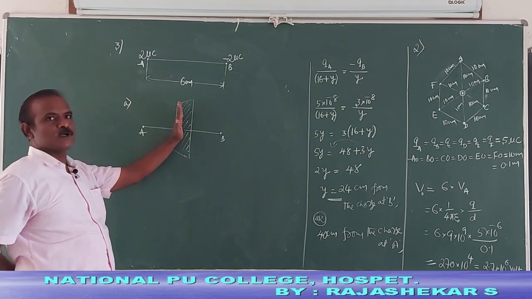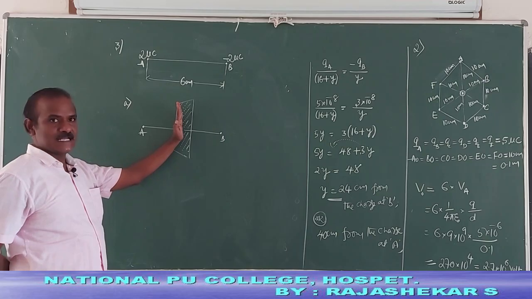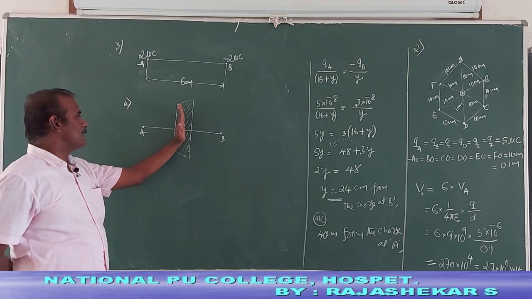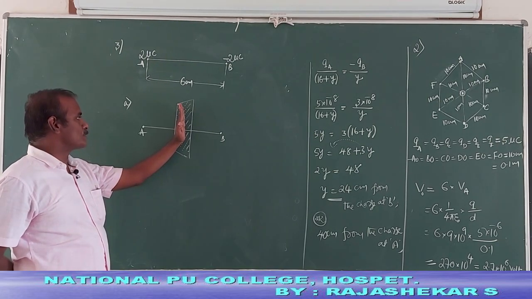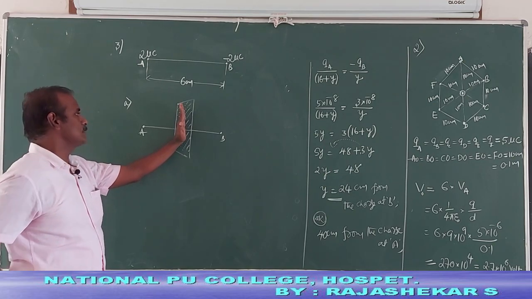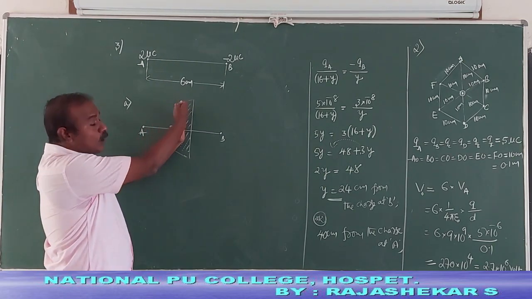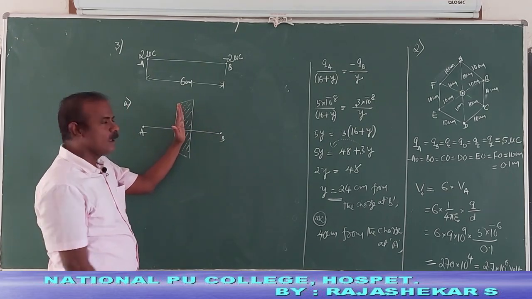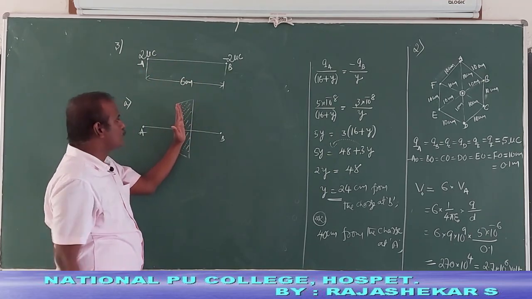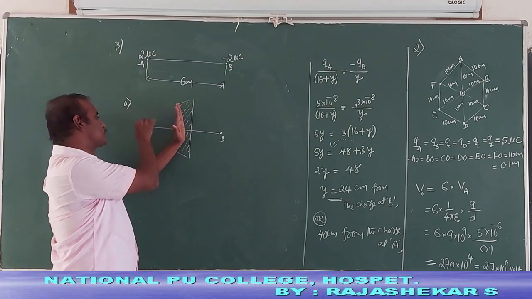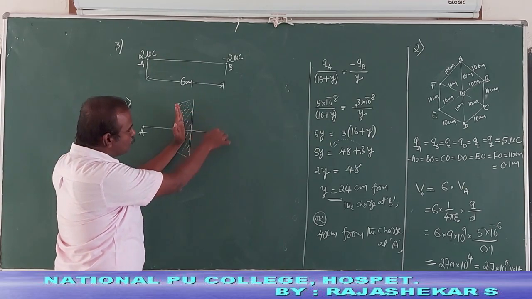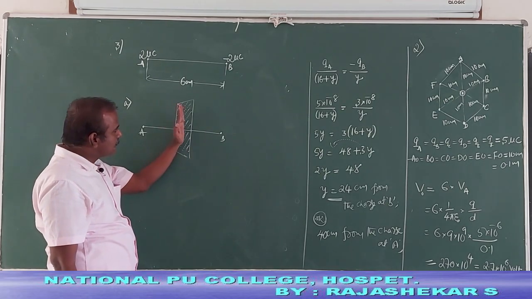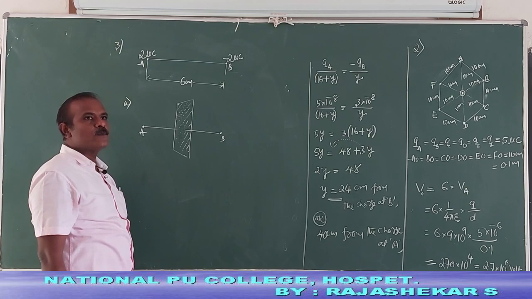Look at the arrangement. This arrangement would be like this. Remember, this is the plane surface, perpendicular to the line joining of two charges, and this would be the equipotential surface. Why? Because any point on this surface is at same distance from A as well as from B, and the charges are equal and opposite. Potential on the surface due to A and potential on the surface due to B at any point will be equal and opposite, hence they cancel. Therefore, this kind of surface can be regarded as equipotential surface.